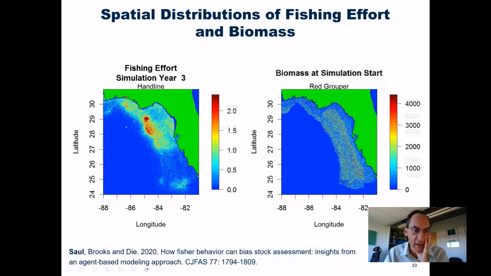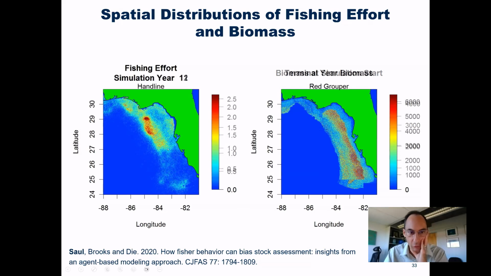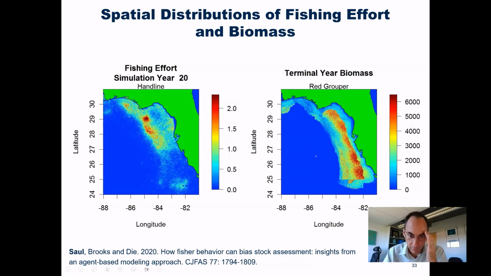But what you would notice is that a lot of fishing effort is concentrated in roughly the same places over time. And so it's the old problem of oversampling in some places and undersampling or not sampling at all in other places, and so ending up with local issues of localized depletion, and all of the issues that brings with catch per unit of effort indices and such.